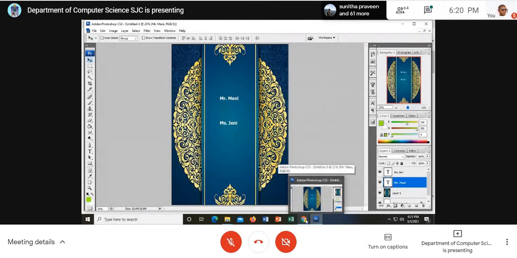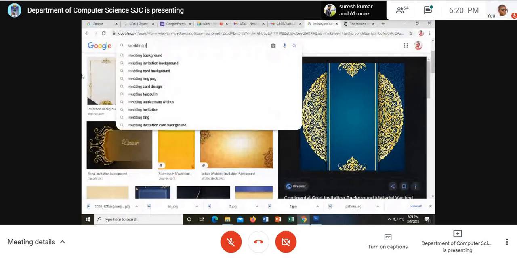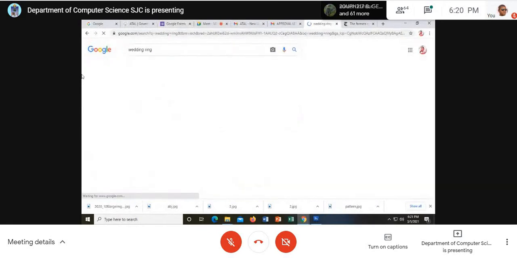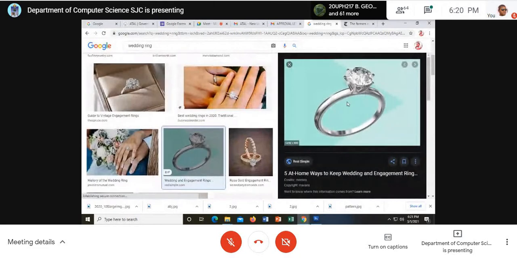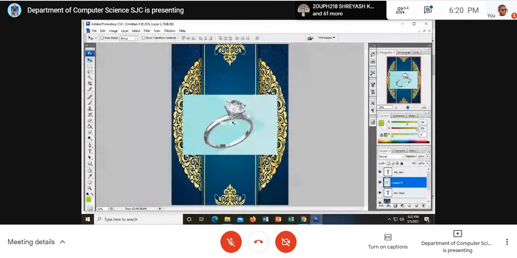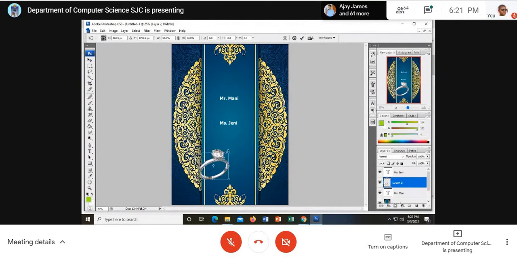Okay, madam. Just wedding ring. See, I can take this wedding ring. Just copy and put it there. See, now I want to delete this. How do I delete this? Single color, magic wand tool. Use magic wand tool. See, all the other portions are deleted. Click once inside. That is also deleted. Click here. That is also deleted. Now make it as a small one. Control T. Use Control T.